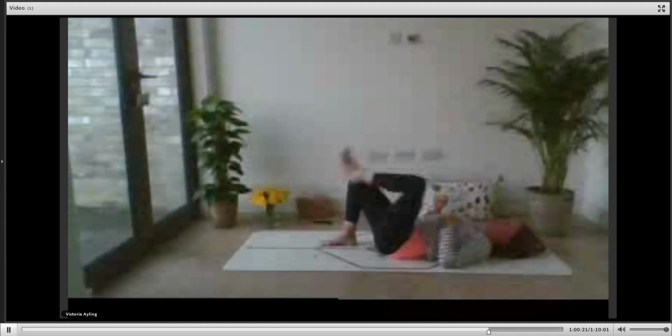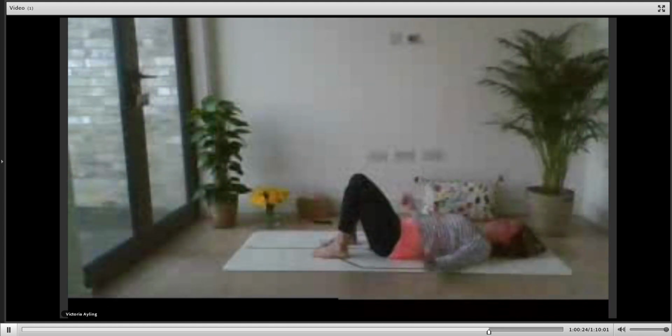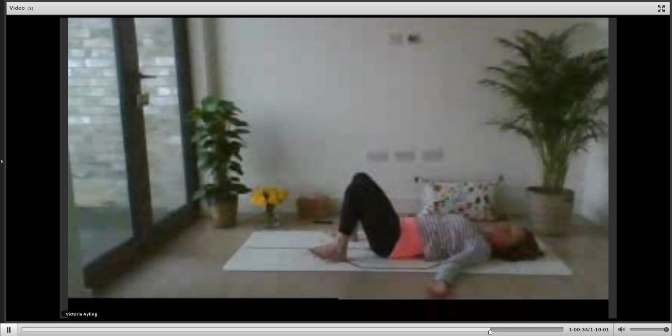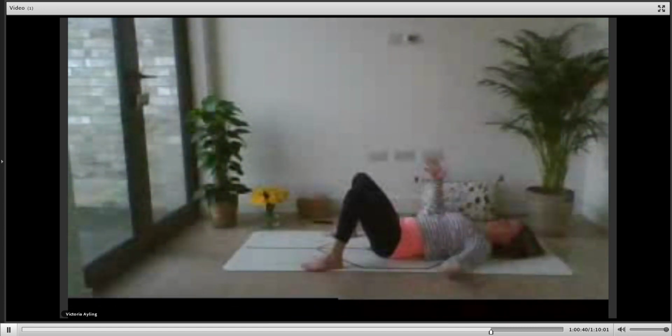Good, and then release the foot to the floor and the left foot to the floor, pausing in neutral for a moment. Walk the feet a little bit wider now, so walk your feet wider than hip width. Okay, and you're just going to let the knees go side to side.